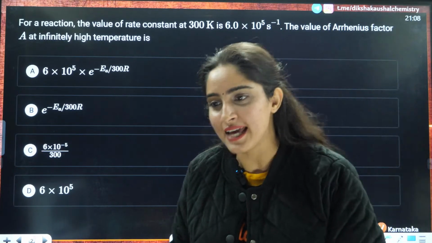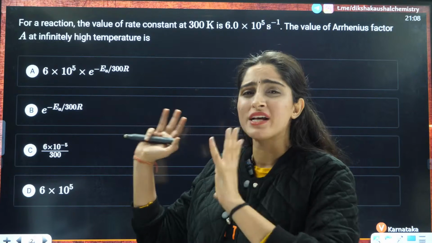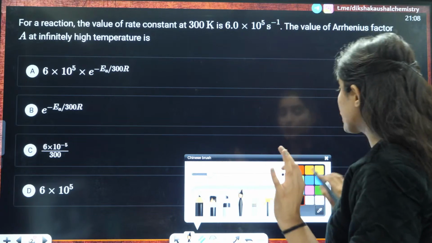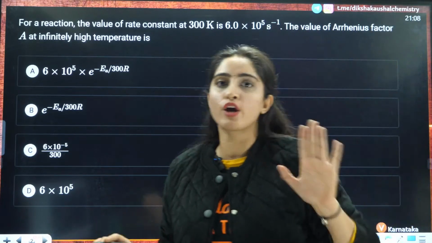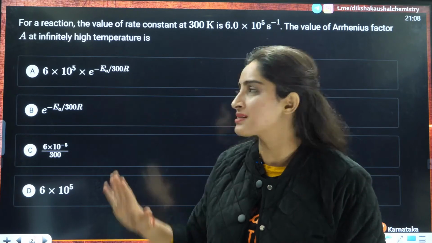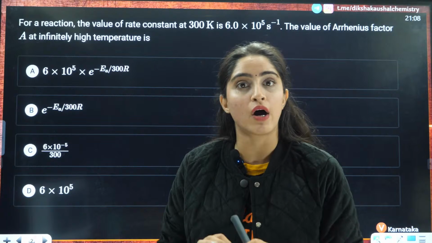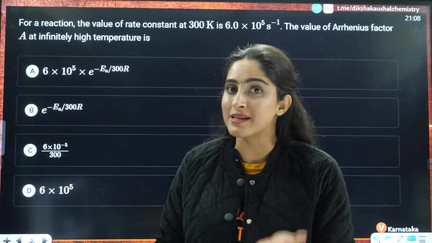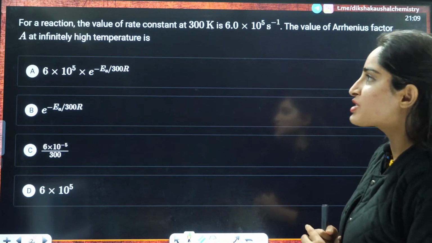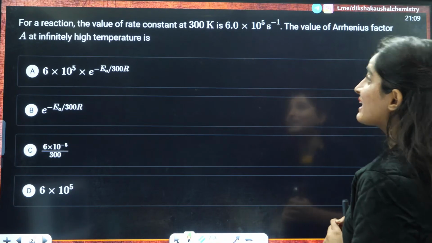I want the answers in the chat box. Okay, it's very simple. These are the exact questions from your KCET that I have picked up. Very simple questions, but good questions. Why good questions? Because the same topics that I told you when I was teaching you chemical kinetics, they are asking you, but in a very different way. And I totally love the way they have asked the question. If you have concept clarity and the basics are clear, then definitely you will be able to answer these kinds of questions. Okay, so now the first question is, for a reaction, the value of rate constant at 300 Kelvin,